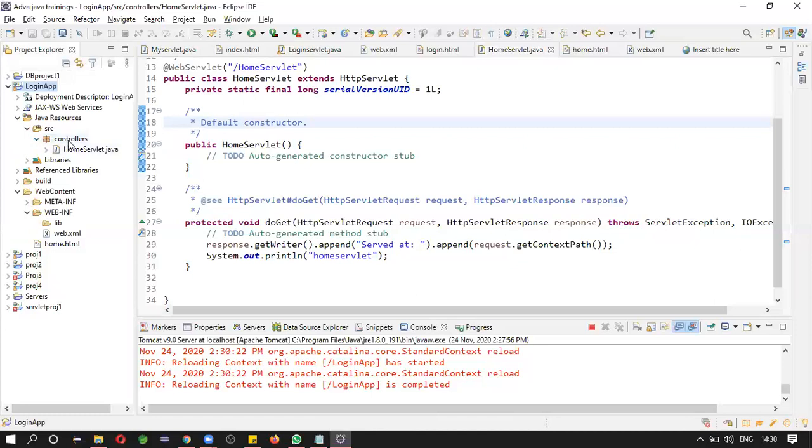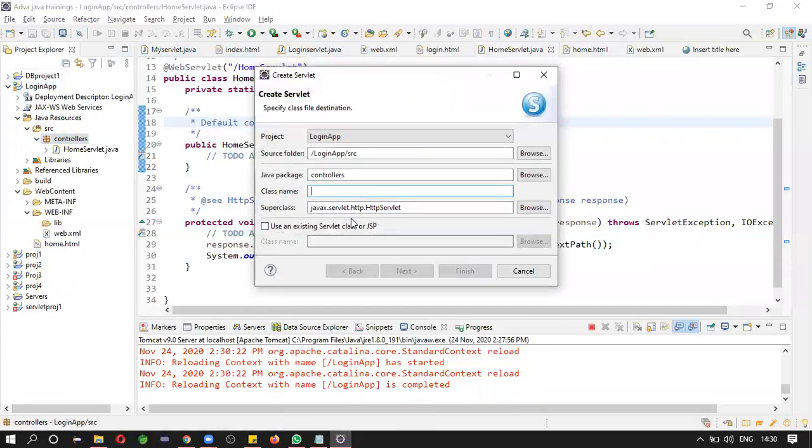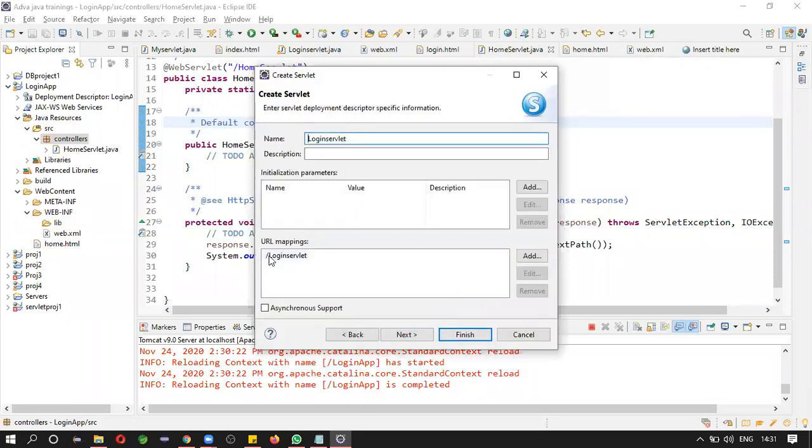So let us create one more servlet. What is the servlet name? Login servlet. Next. See, this is URL.